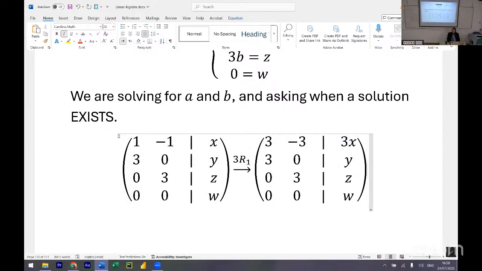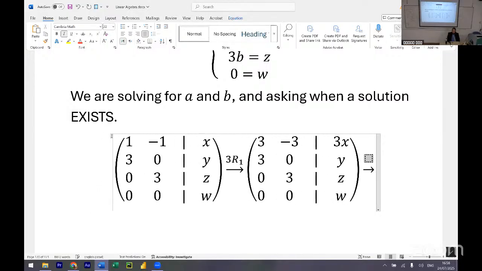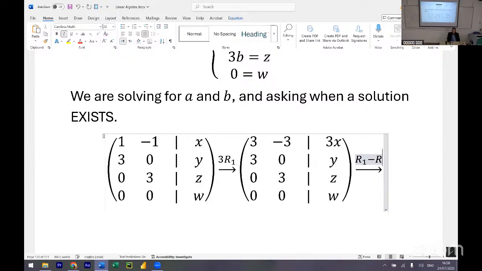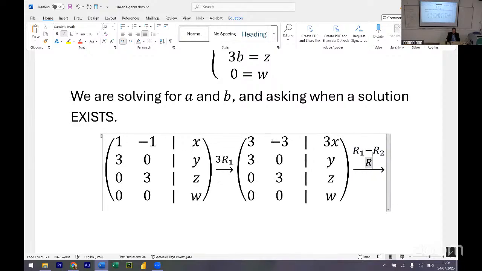Okay, now I can do R1 minus R2 and then R1 plus R3, and then we get